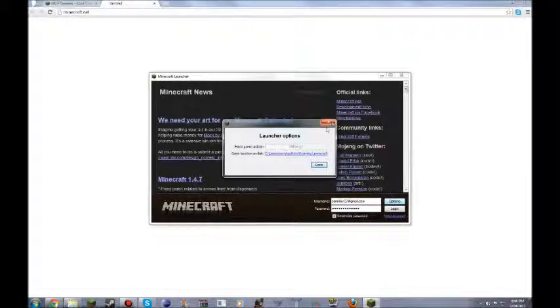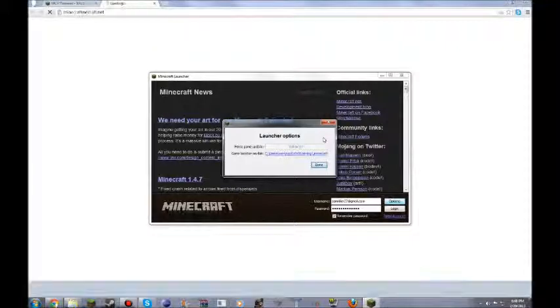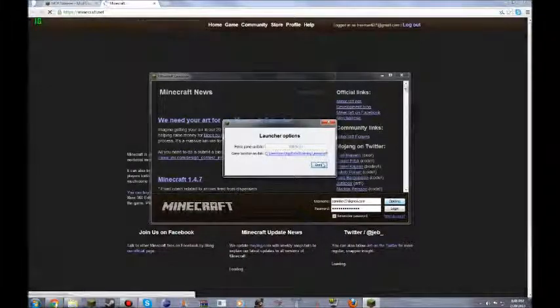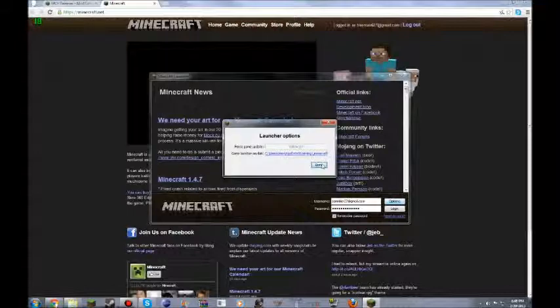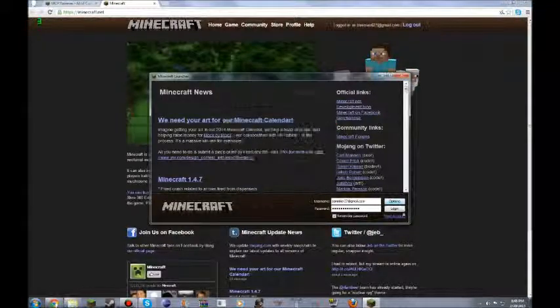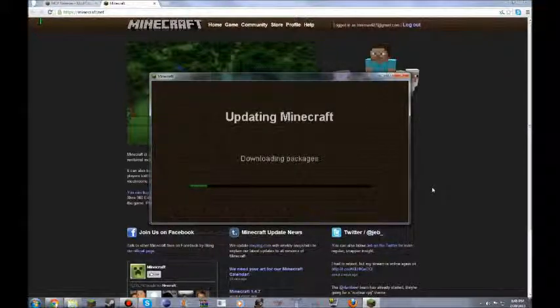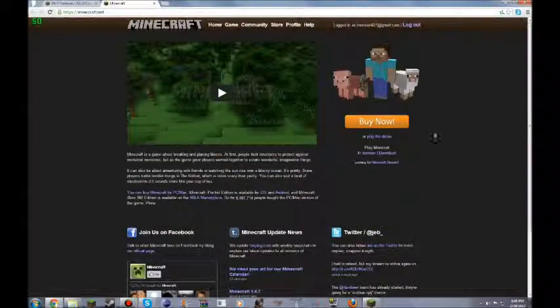And remember, if you have mods installed that you want to keep, then remember to back up your bin folder in your roaming. I do not have any mods installed, but it helps sometimes. So you click OK, and it's downloading, and now you go to,